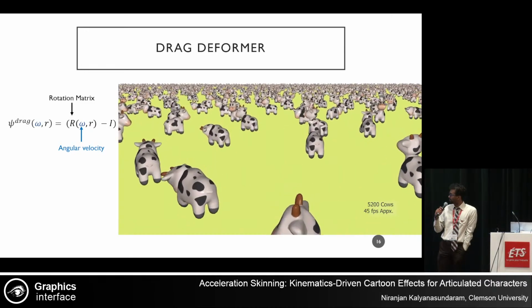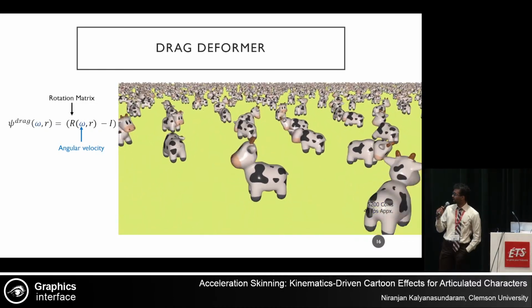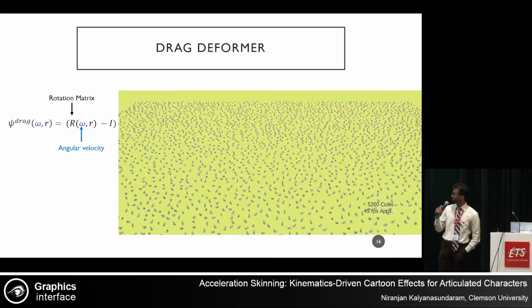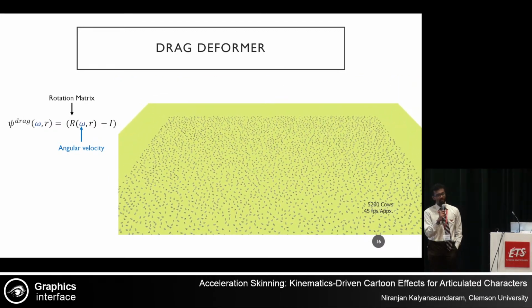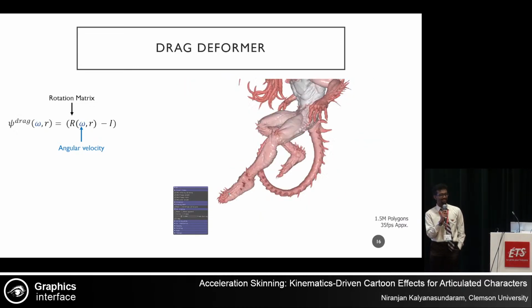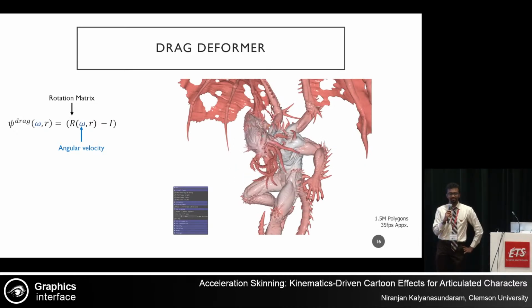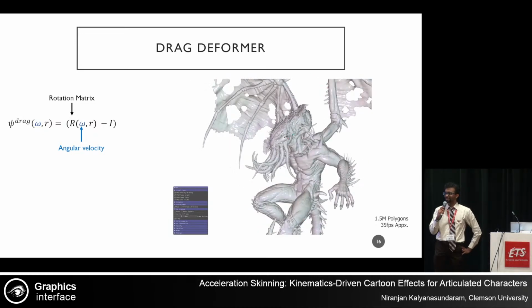Another test that we did to show how scalable it is: we had a field of 5,200 cows running at about 45 frames per second. I don't have stats on how many vertices or quads that is, but it's 5,500 cows, it's gotta be sizable, right? This clip is actually Damien on his computer selecting random joints and rotating the hell out of the monster.